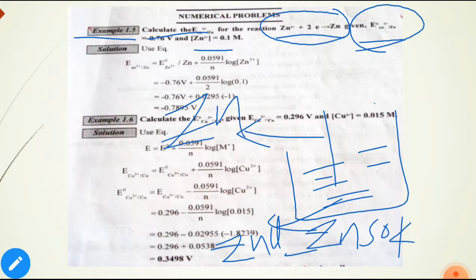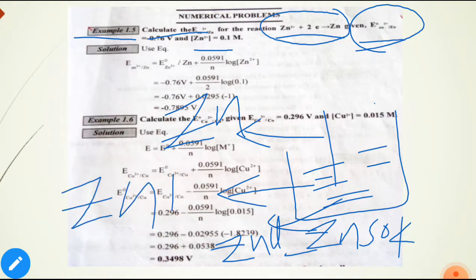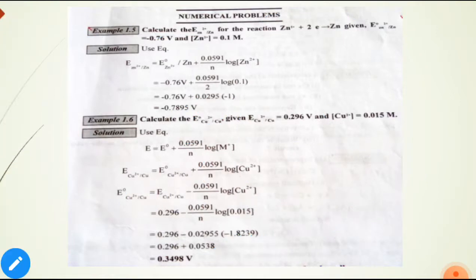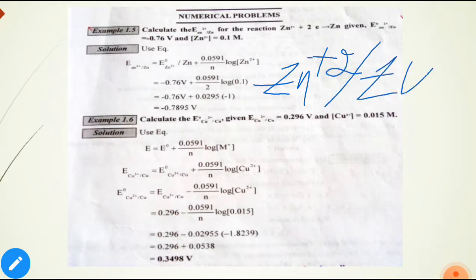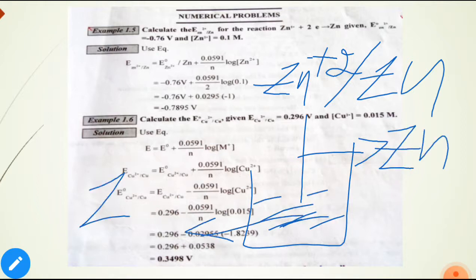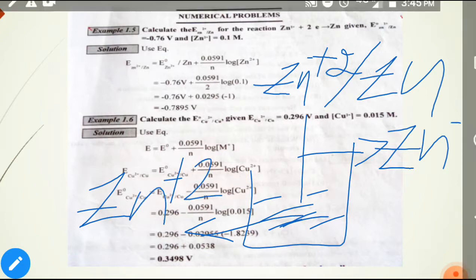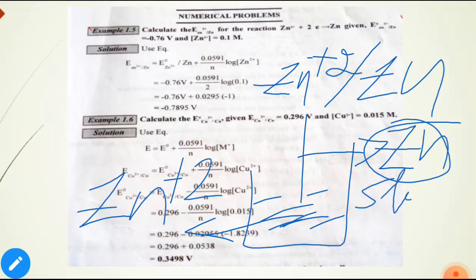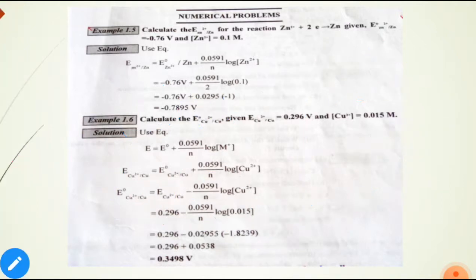It is a metal rod, in the form of Zn. Here the solution contains the ion in the +2 oxidation state. That's why they represent it as Zn2+ or Zn. That means we take the rod dipped into the container, it is Zn. The solution is in the form of the Zn2+ state. The rod is in the solid state, and Zn2+ is in the liquid state.